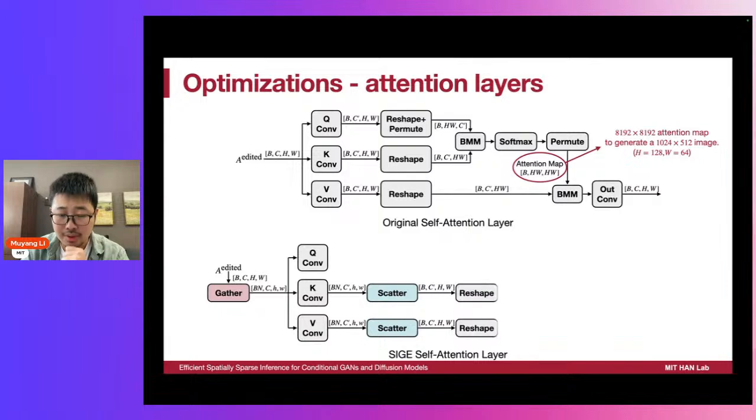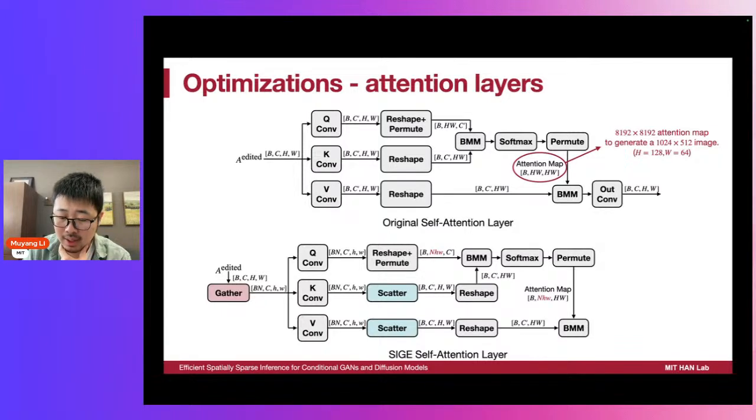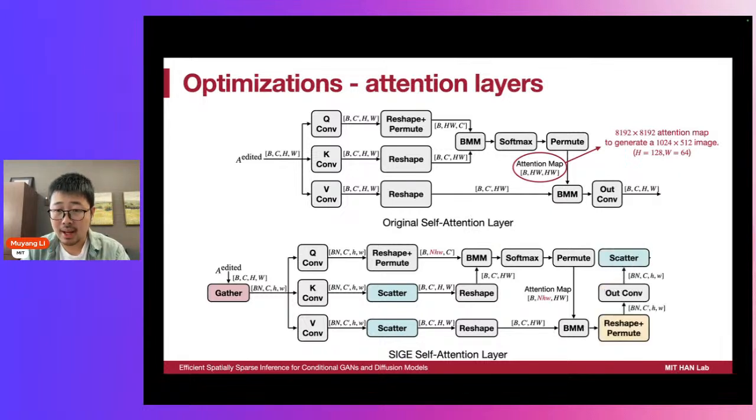For keys and values, we scatter them back, but there's no such operation for the query tokens. After the BMM and softmax, we scatter the edited query results back into the original outputs to get the final output. So here we transform our self-attention layers into cross-attention layers. And the computation and the attention map size are proportional to your edited ratio, so we can reduce the computation proportionally.